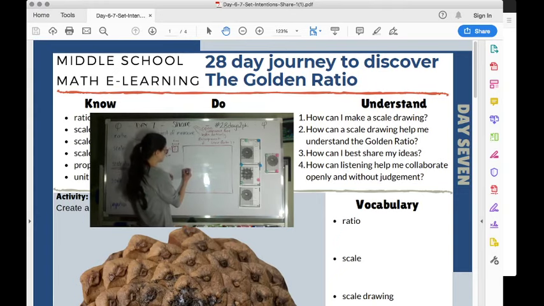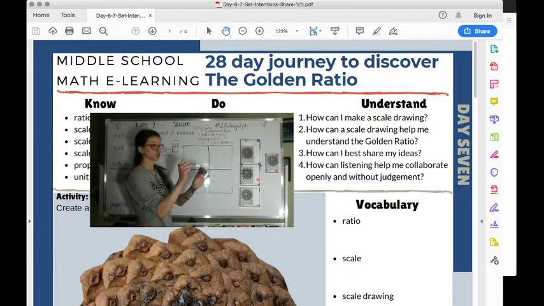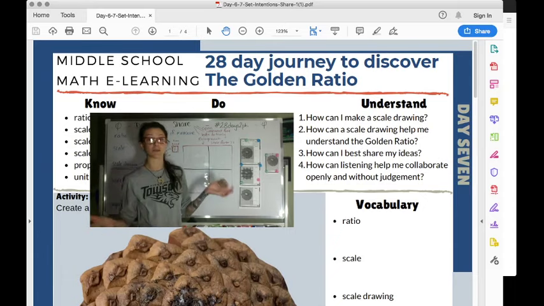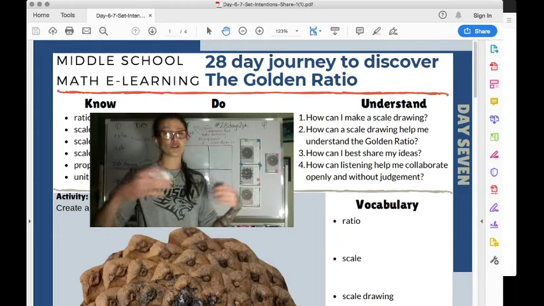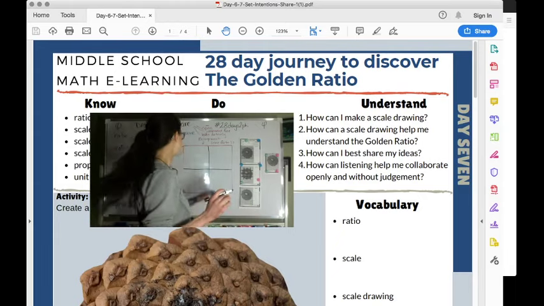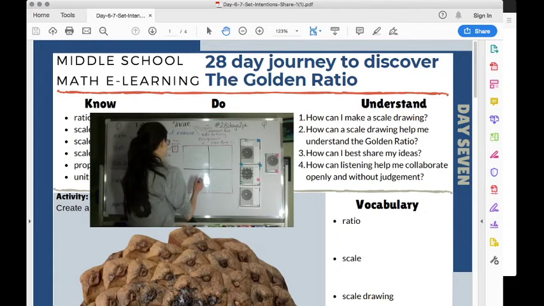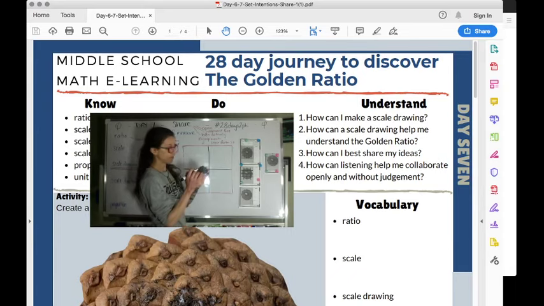So here we go, Rebecca. If you want to take a shell, I know you're using shells at home, take a shell and trace it to get the general size of your object and then go to something bigger. You can get newspaper, paper towels, any sort of material. You can go to your driveway and get chalk, and you're going to make another 2 by 2 grid using squares. So I see that in my pine cone, I have already counted, there's about 13